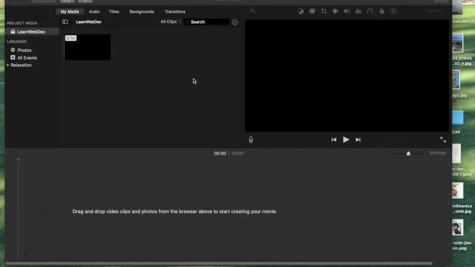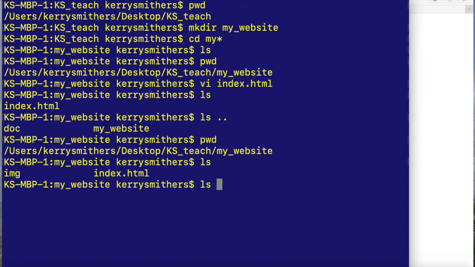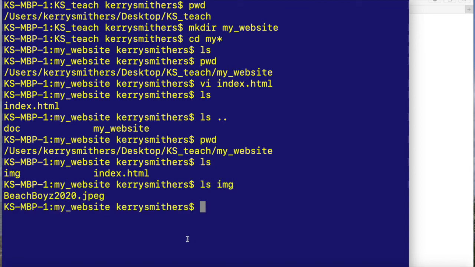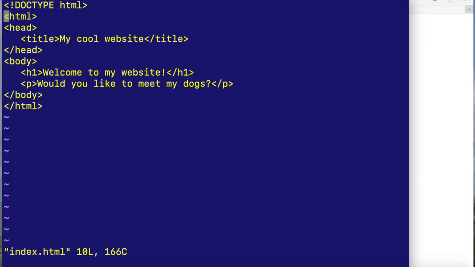Okay, so now let's go back here, and if we see I created that image, and if I look at my image, there it is. So I'm gonna grab that. I'm gonna copy it. I'm gonna go back to my markup here, and I'm going to put that image, and the source is going to be,